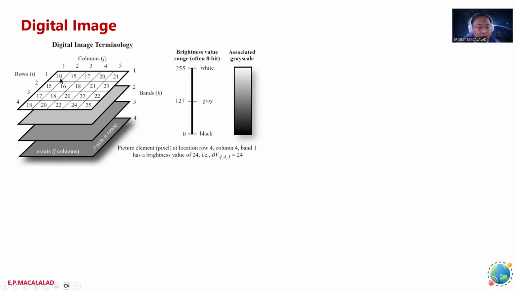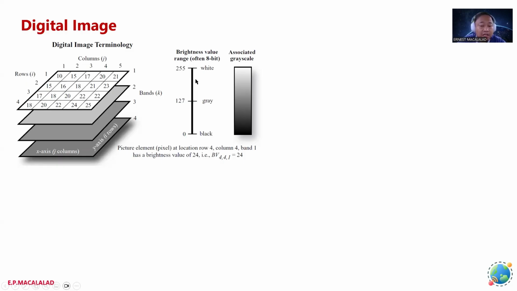So for each pixel, it has an assigned value. That assigned value for that specific band pertains to the brightness.